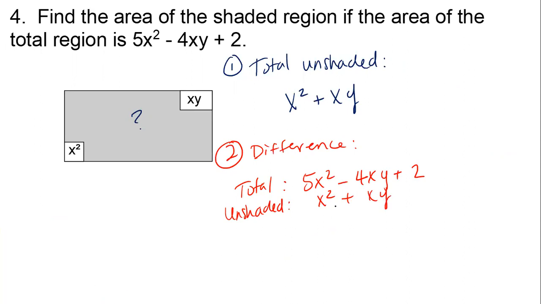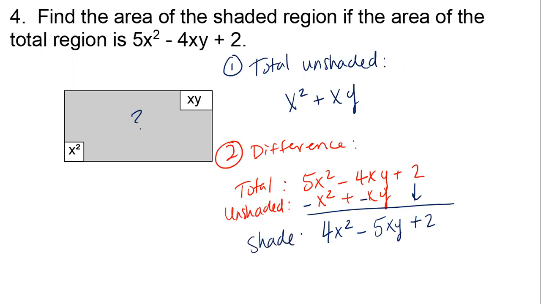And because we're finding the difference, we know we're doing what? Subtracting. And I'm not just subtracting one term, I'm subtracting both terms. So we have 5x squared minus 1x squared gives us. We have negative 4xy minus 1xy. And then we just bring down our 2. So our shaded area